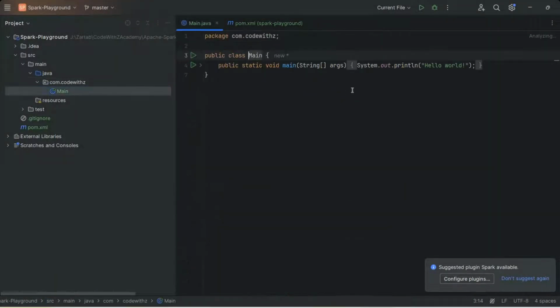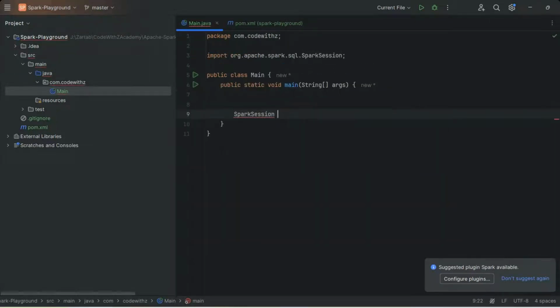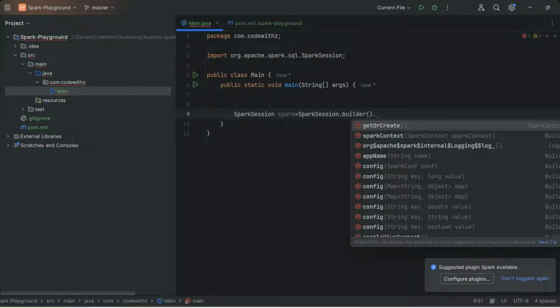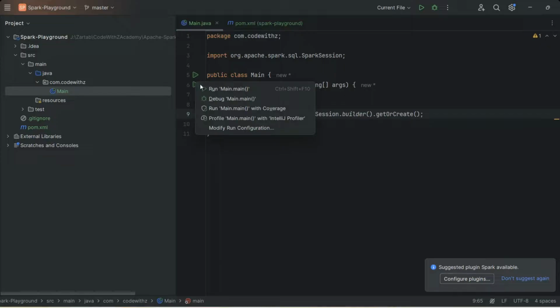And in my main class, what I'll do is quickly check the session. For that, I will say SparkSession spark is equal to SparkSession.builder.getOrCreate. And if I try to run this now,